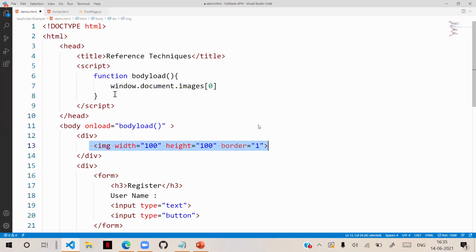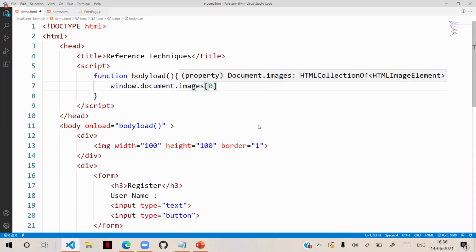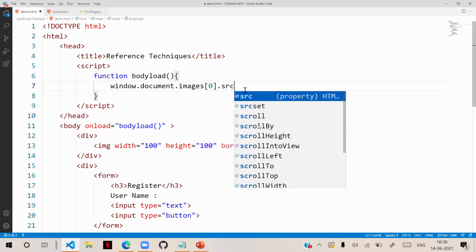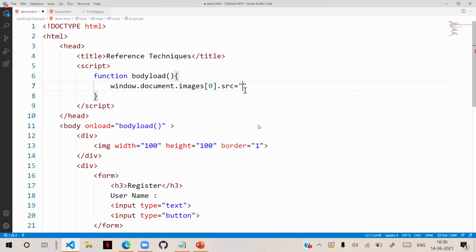So this indicates that you are referring to an image object. Okay. So to image, we need to put a source, then dot src, its property. What source you want to apply? Source is equal to, you know that image will have src.